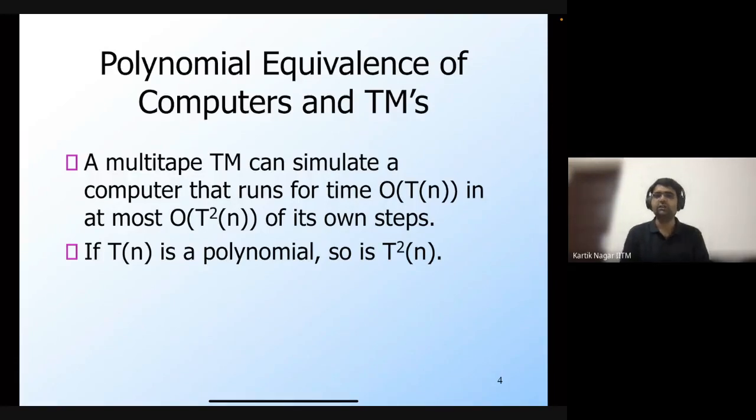So Vinit is asking why will the number of moves from multi-tape to single tape be polynomial? I have not gone into the details of that, but I think the book covers it in a fair amount of detail. The HMU book actually gives a polynomial time bound for that.